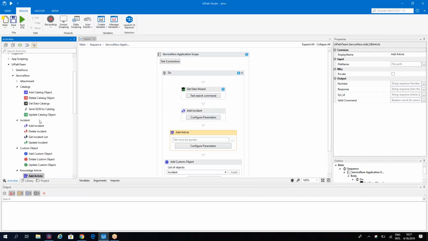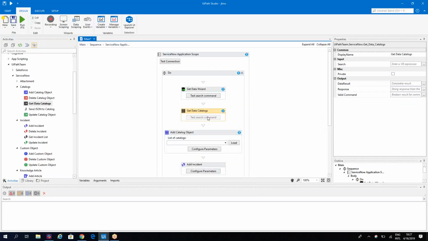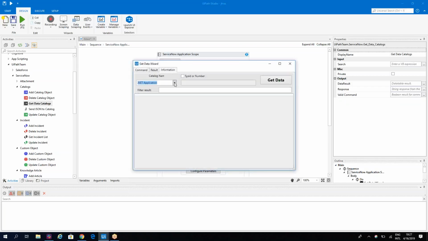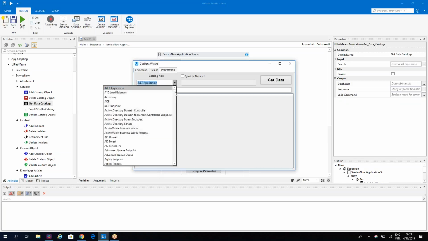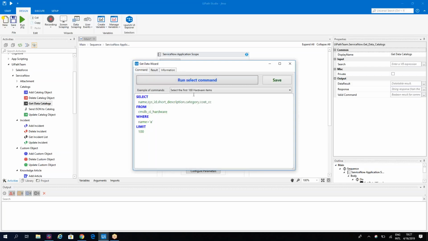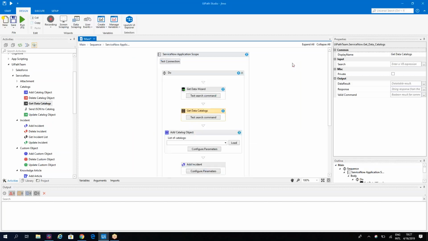So ServiceNow has also catalogs. So if I want to work with catalogs, let's get some data from the catalogs. Here I will have a list of catalogs. My instance has around, I think, 500 catalogs. So let's see here. I have here a list with all the catalogs. And I can get data from these catalogs and so on. I can run commands on these catalogs. I can add data, delete, and so on. But the system is able to adapt to any instance of ServiceNow and get the instance catalogs.